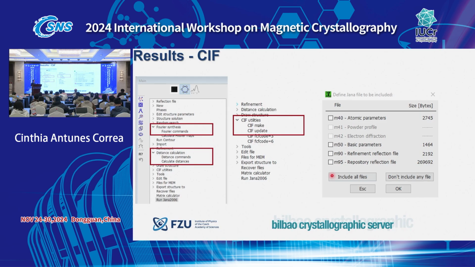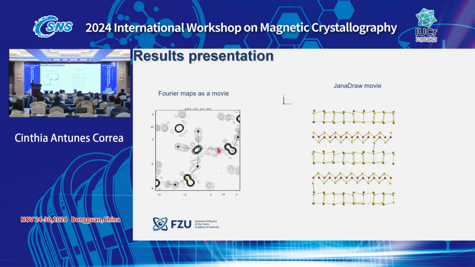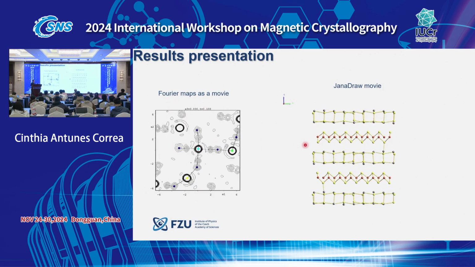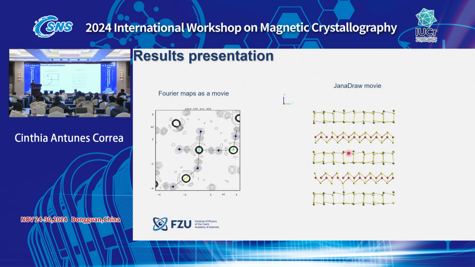And when you want to present this data, there are, let's say, nicer ways to show it. You can either present a Fourier map as a movie, or in the case you want to show the model itself, you can use JANA Draw to show also a movie of your structure. So in this case here, you see the modulation, or here you see it's a composite, also modulated and commensurately